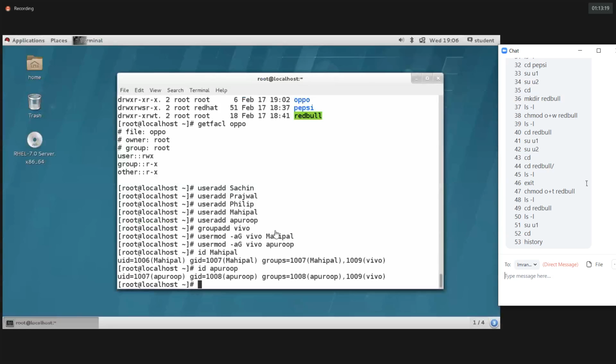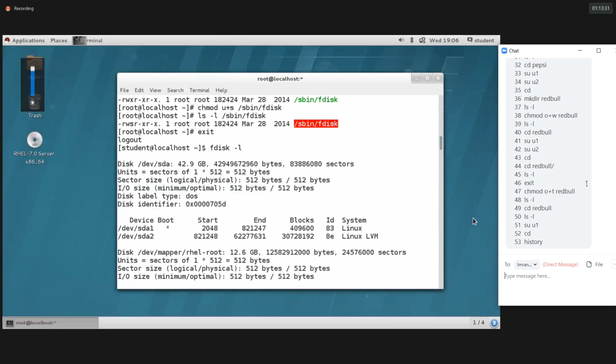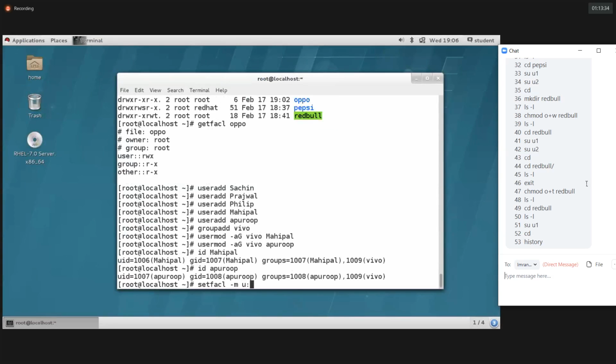So how to assign the ACLs? Let's see here. setfacl -m u: then I'm providing the permission for the Prajwal user account, rwx, comma g: I'm providing the permission for the Vivo group, comma o: r.